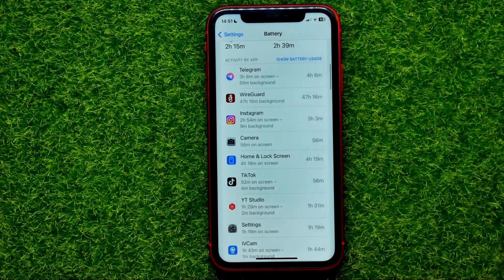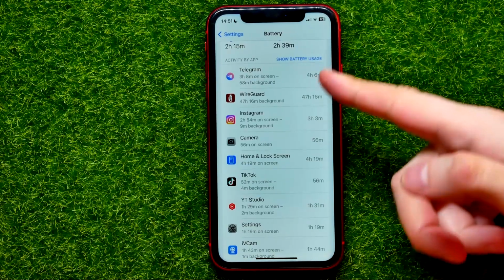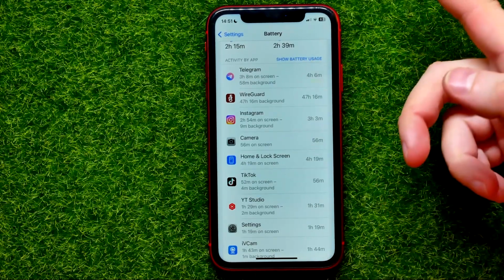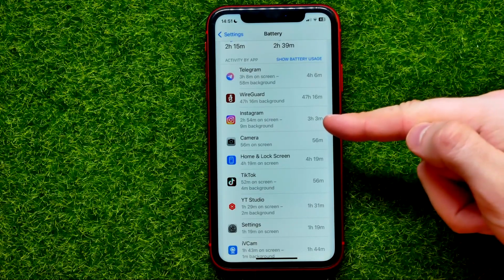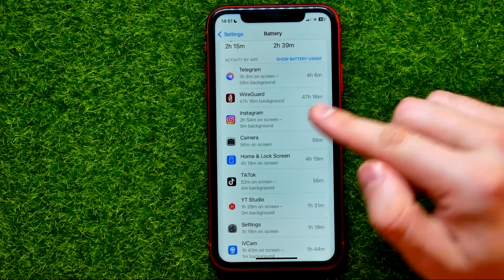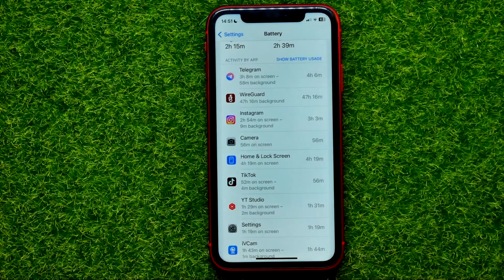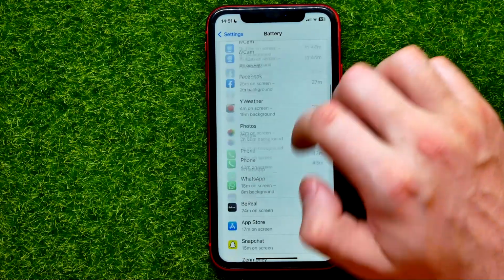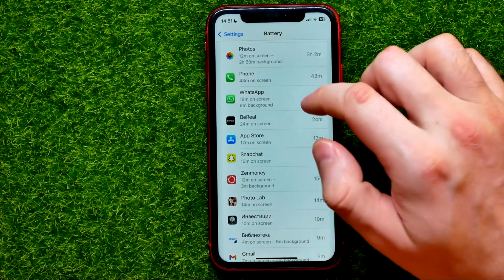Then you can scroll down and right here you can see how much time on average you spend in each of these apps. Right here I can easily find Instagram. I can see that for the last 10 days I have spent 3 hours and 3 minutes on Instagram, 2 hours and 54 minutes on screen, and 10 minutes on the background. And in the same way you can scroll down and check the amount of time that you spend in each